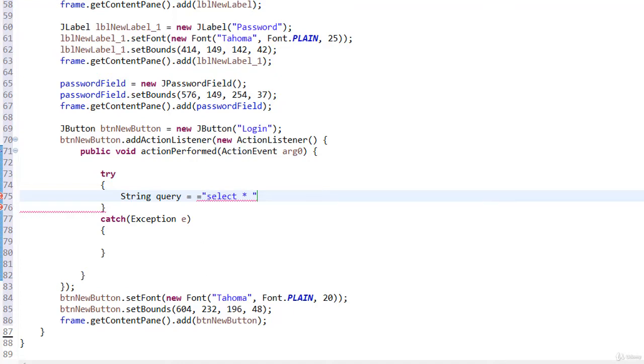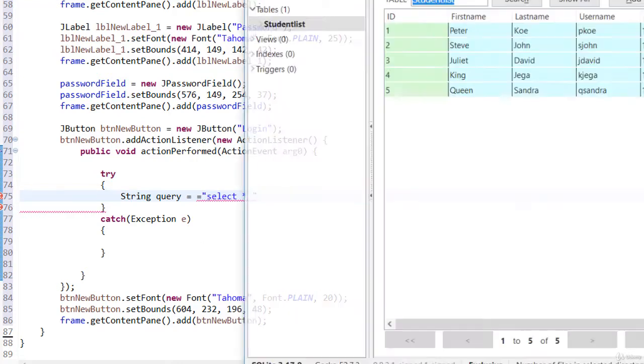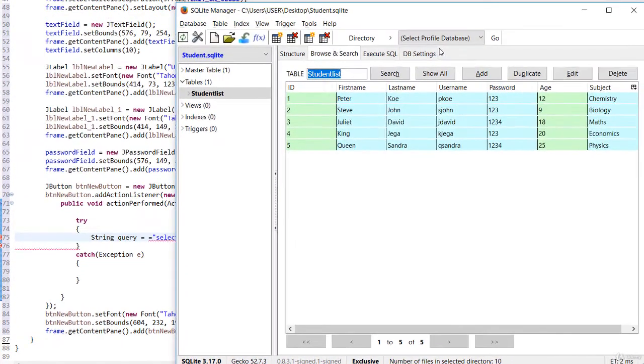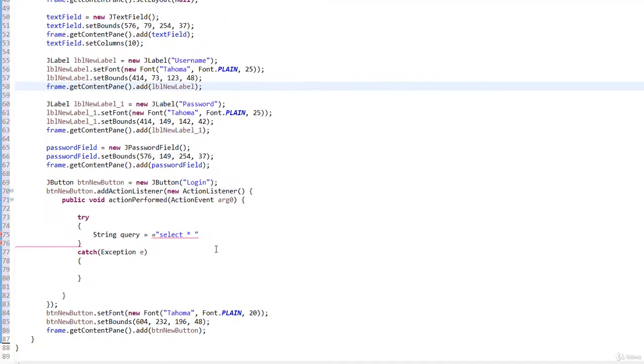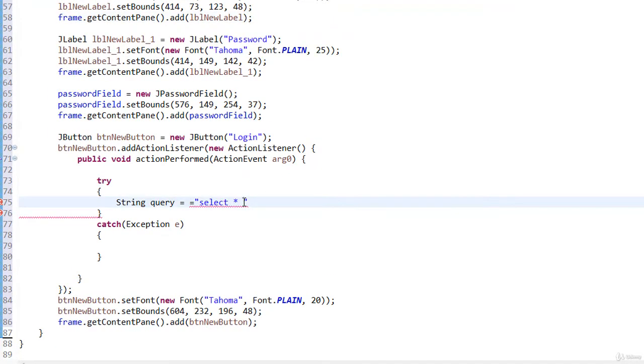Then we go ahead and get the database. This is our database. So we have to know the name of the database, and the table name is student list. You can see that student list. So minimize this again. Select all from student list